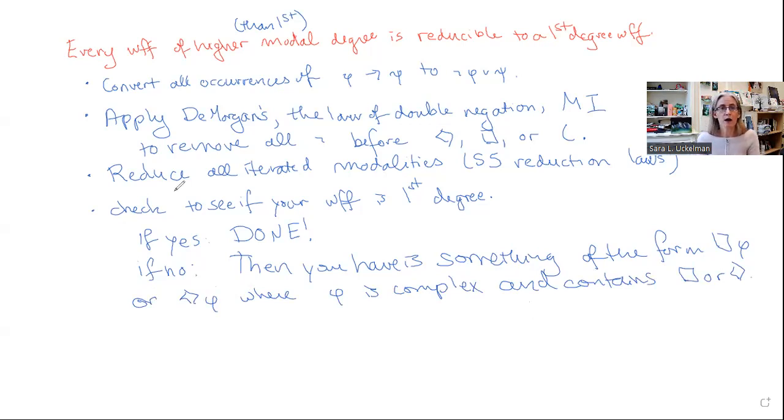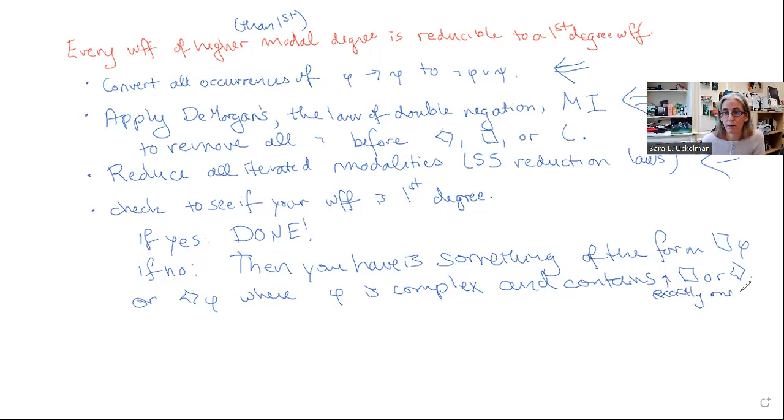Now, because of step 1, we know that this complex formula doesn't have any implications in it. It's either a disjunction or a conjunction. Because of this step, we know that all of the negations are attached to the atoms. Because of this step, we know that there is exactly